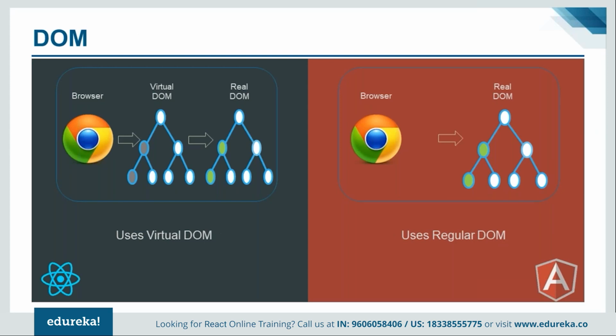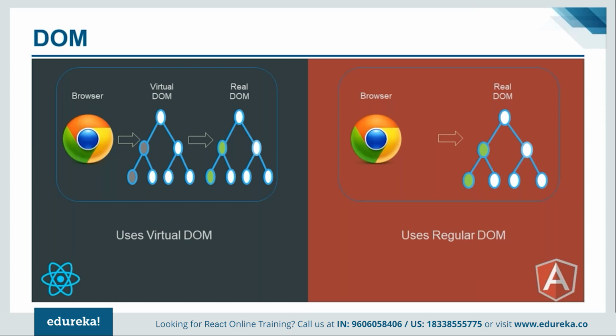The next portion is basically about the DOM structure. This is one of the key differentiators between these two frameworks. React basically uses an additional data structure, which it terms the virtual DOM. The virtual DOM basically sits between the browser and the real DOM. So what happens here is that when someone has to make an update to the DOM structure, the virtual DOM basically helps in